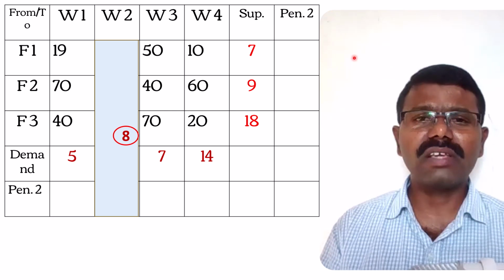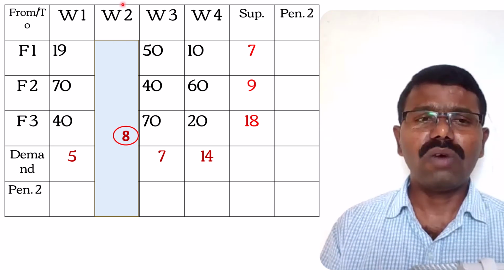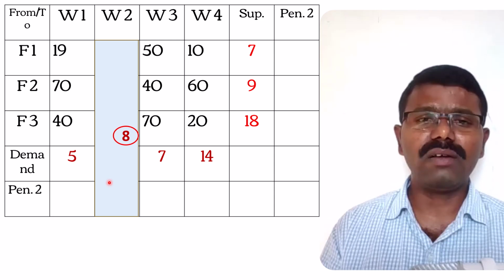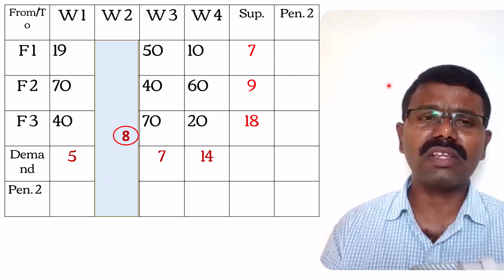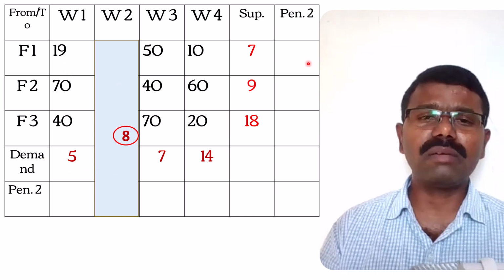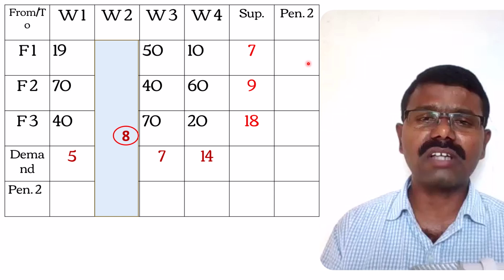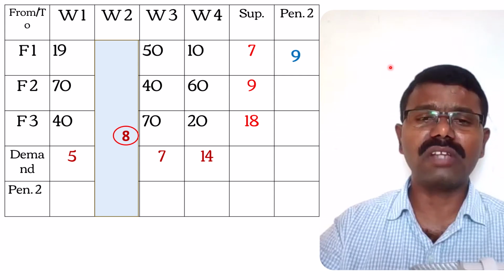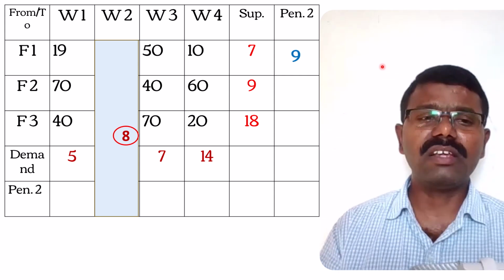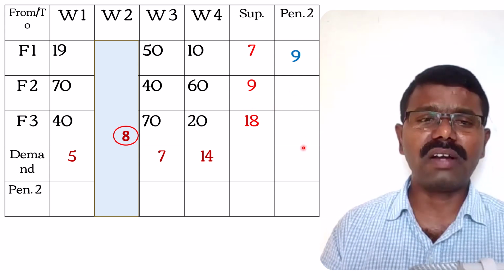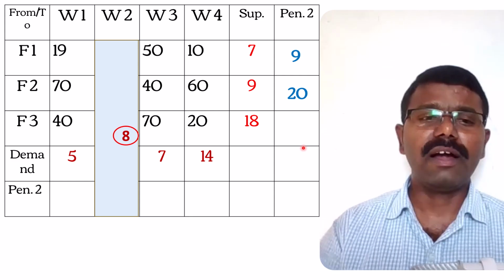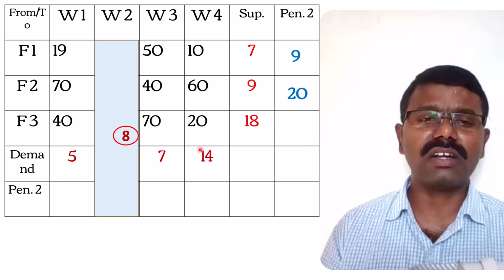So let us again now work. Warehouse 2 is cancelled, so again penalties will change. Let us calculate the penalties for the remaining matrix, that is the 3 by 3 matrix. Again the penalty means the difference between the two least costs. So here the least cost is 10, the next least cost is 19, so the difference between these two is 19, and here the least cost is 60 minus 40, that is 20, and here the least cost is 40 minus 20,